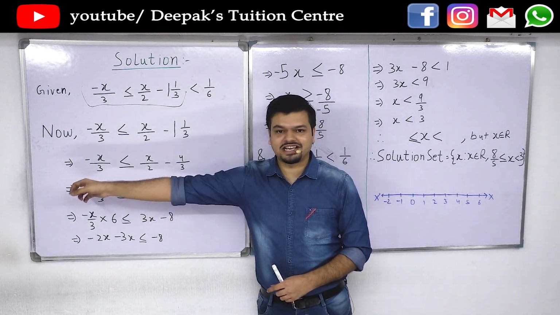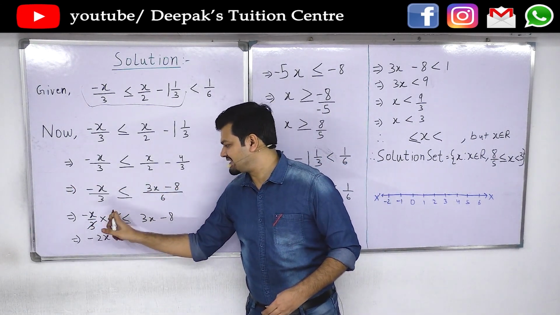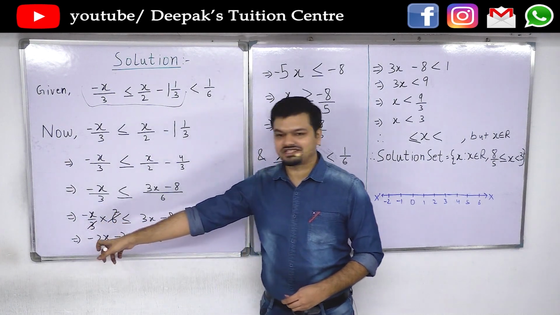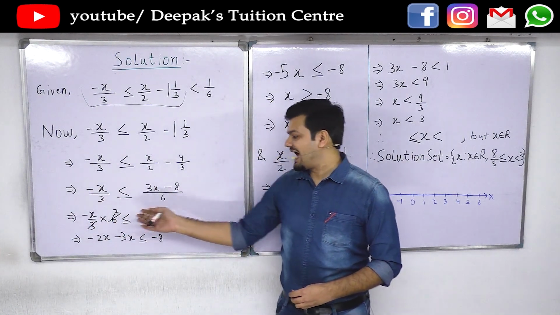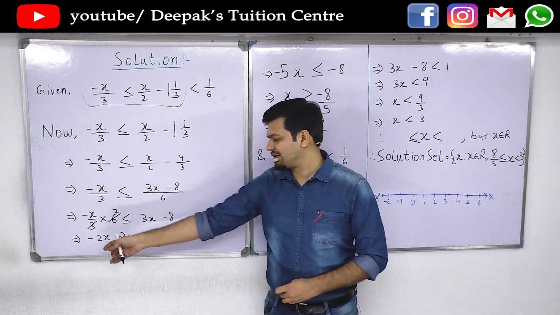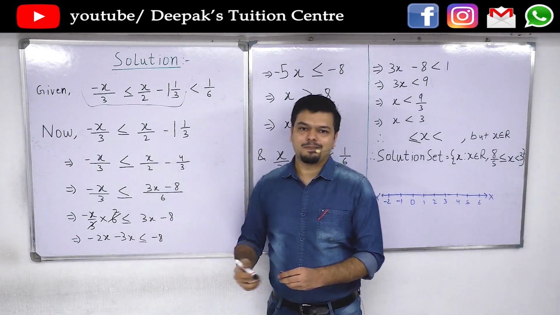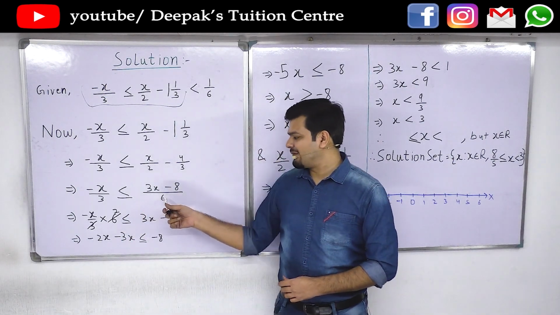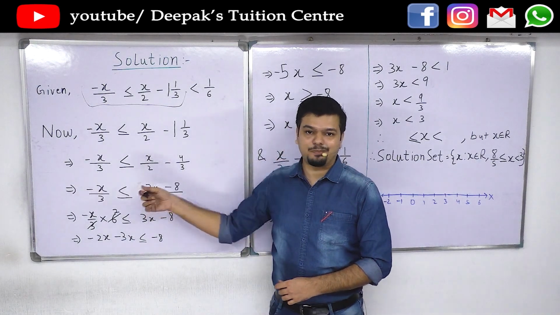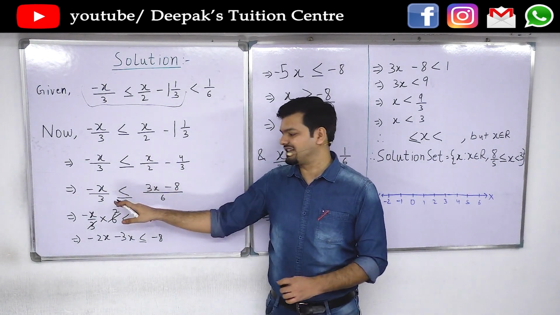Now we transpose 6 to the other side. So we can cancel out 3 twice of 6. So we have minus 2x on the right hand side. And we transpose the 3x from the left hand side to the right hand side. So we get minus 2x minus 3x is less than or equal to minus 8x. Here, when we were transposing 6, it was a positive number, so multiplying by 6 on both sides has no effect on the sign.